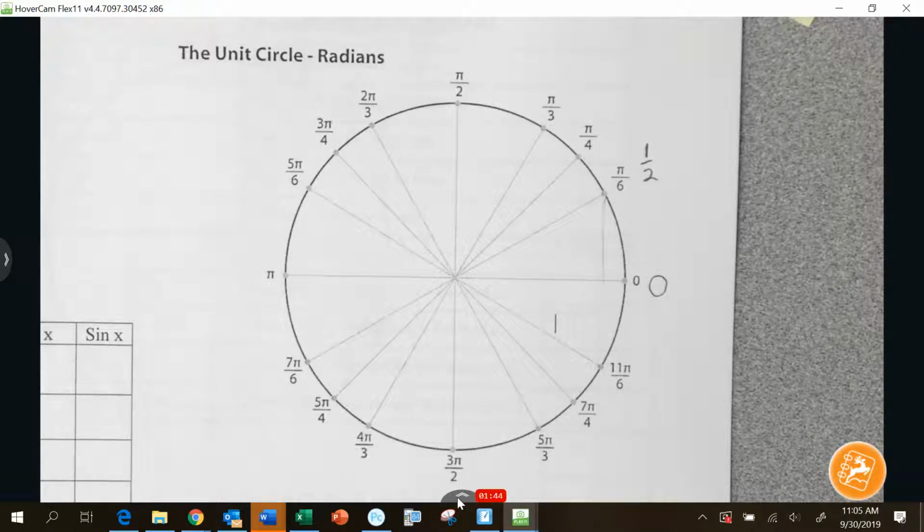That's what I was going to do too. Wait, I think I did it. Okay, I did do it right. Let's see like this. You're writing the sine, you're not writing the